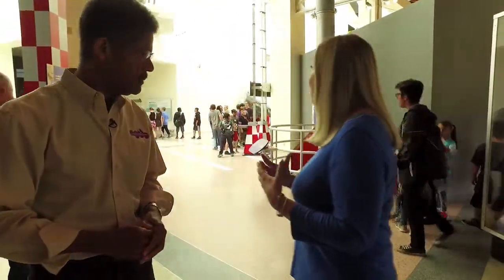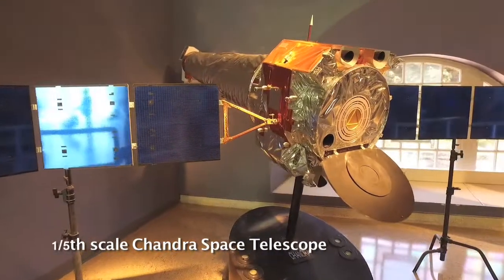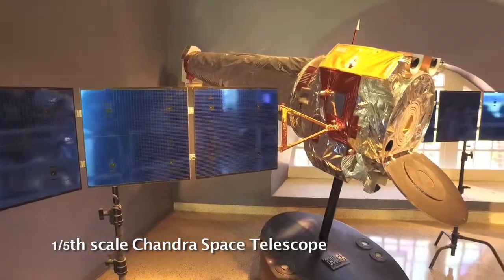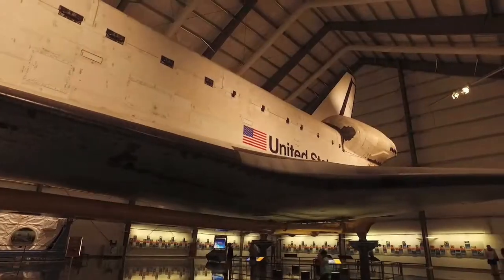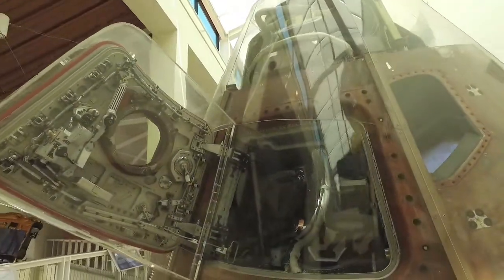So in your space center, your space exhibit, about how many different items do you have that you're showcasing? Right now we have about 40 items that are on display. That includes the Space Shuttle Endeavour and the major artifacts like the Mercury, Gemini, and Apollo command modules that I'll